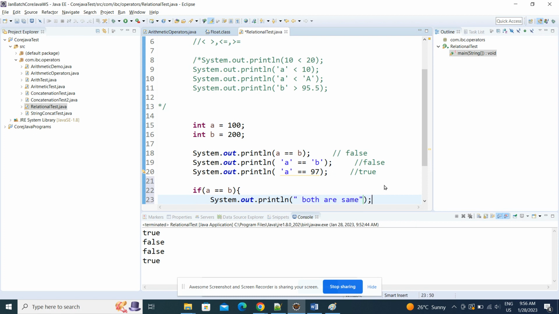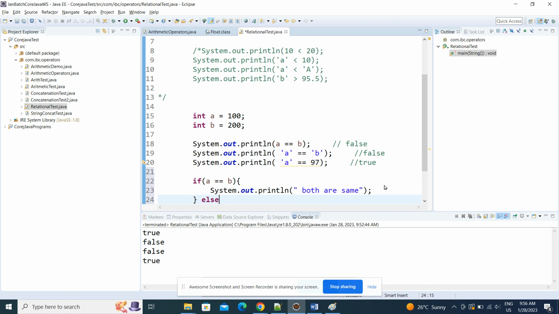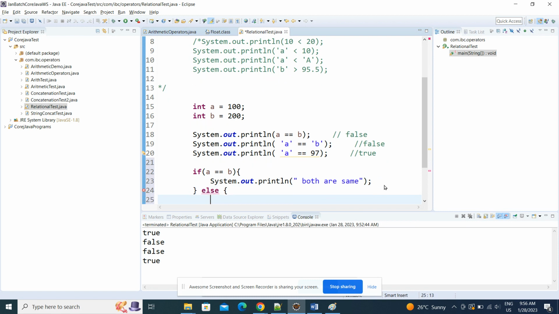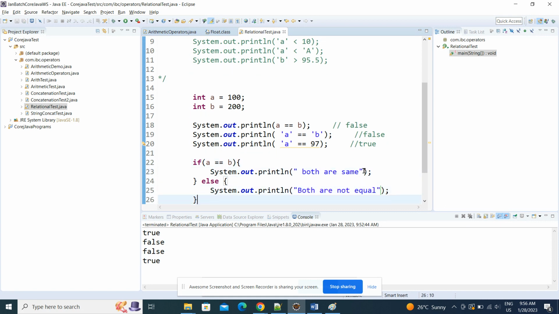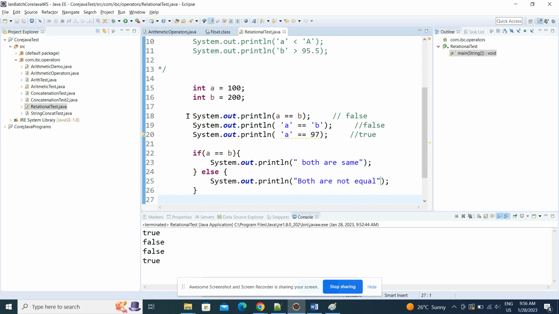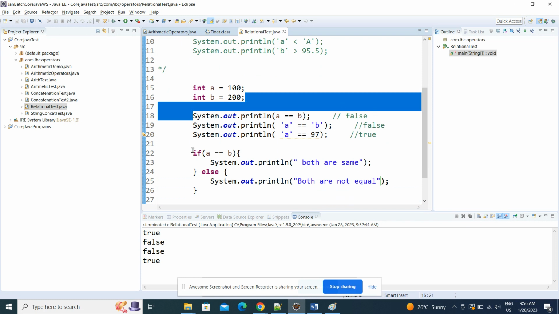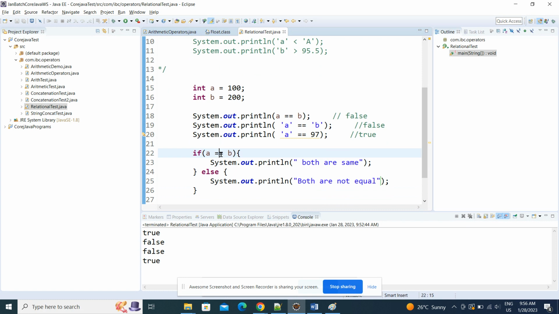Next condition, while writing conditional purposes we can use these things: double equal to, System.out.println both are not equal. Like this. Not directly giving System.out.println here, but for conditional checking purposes we'll use this